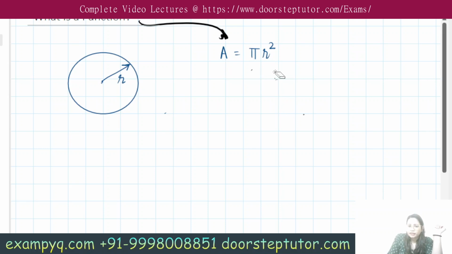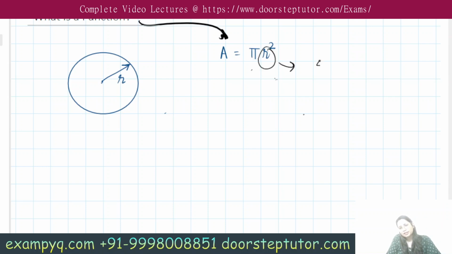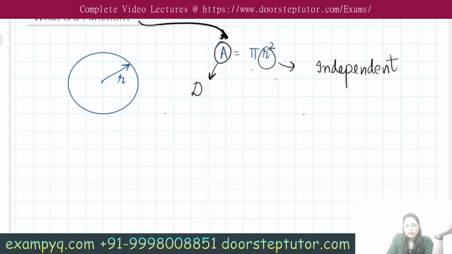And while defining a function like this, we will always be looking at at least two variables. What will those variables be? One variable will be termed the independent variable. Now why the term independent? Because it's varying on its own. There is nothing which is going to change its behavior. So radius can be made 1, 2, 4, anything. But this particular variable here is said to be the dependent variable because it depends on your radius variable, or r variable. As you are changing your r, your area is also changing. So that's how we understand a function.